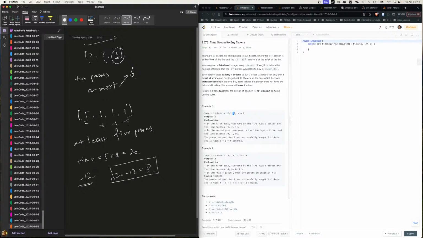We will add up everything because we know we have to do 5 passes, right? So we add up everything, and then we do a minus. So we add up everything, 5 plus 1 plus 1 plus 1. We know we have 5 passes, so we say 5 times 4. Right, we need 5 passes, and each pass will minus 4. So we do that, right? So this will give you